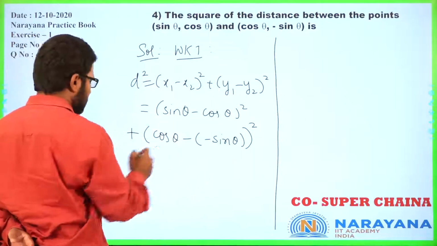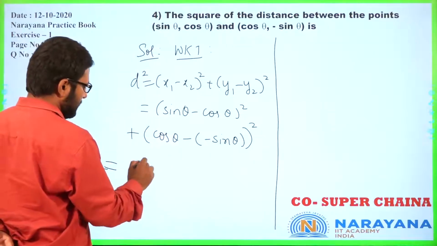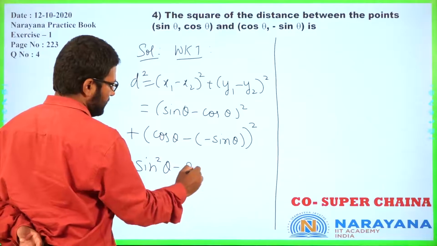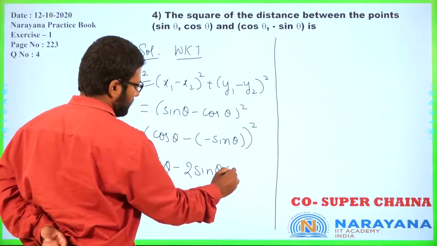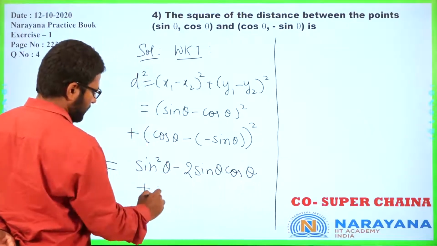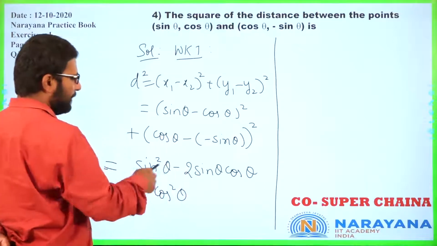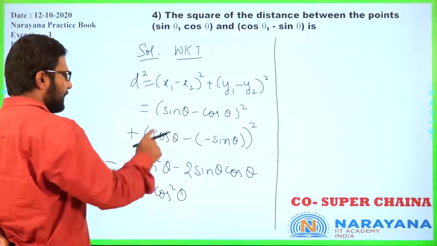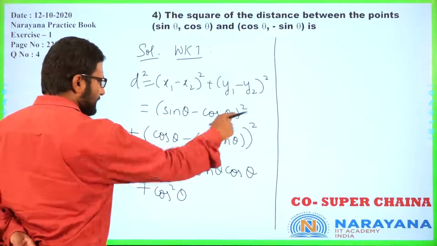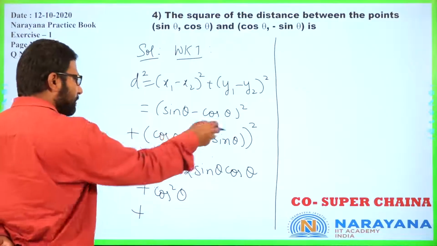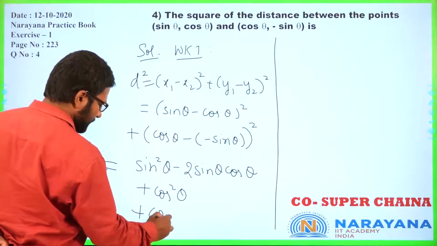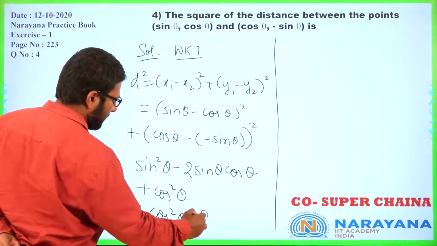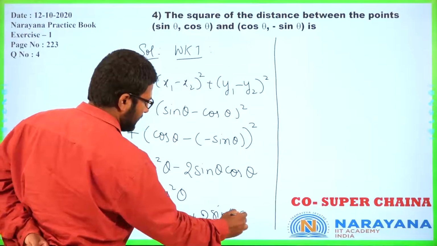Expand this: a minus b the whole square is a square minus 2ab plus b square, right? So sin square theta minus 2 sin theta cos theta plus cos square theta, and then this becomes cos theta plus sin theta the whole square. So a square plus 2ab plus b square. So plus cos square theta plus 2 sin theta cos theta